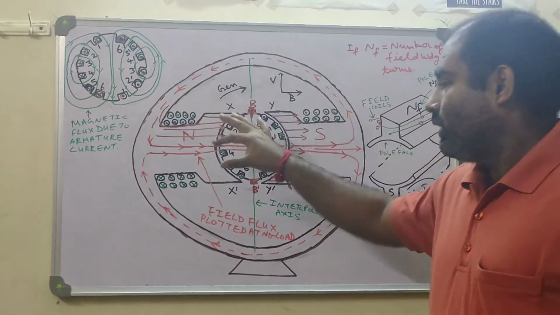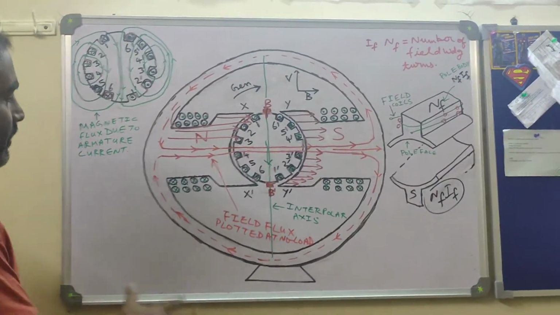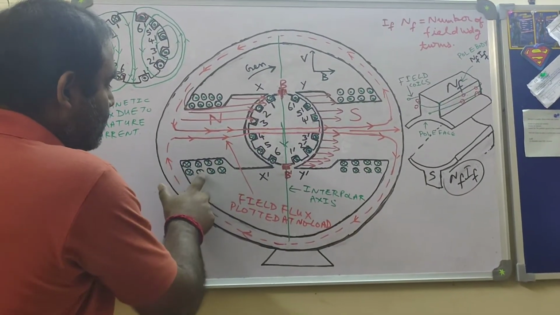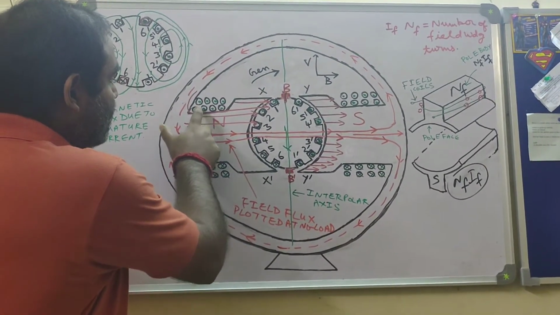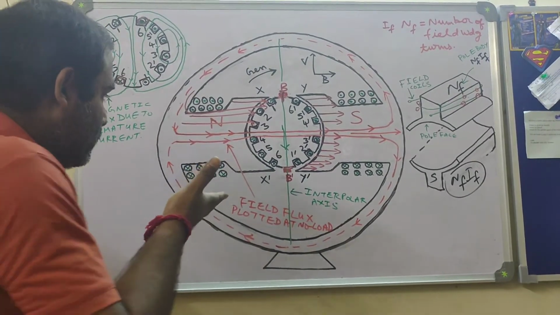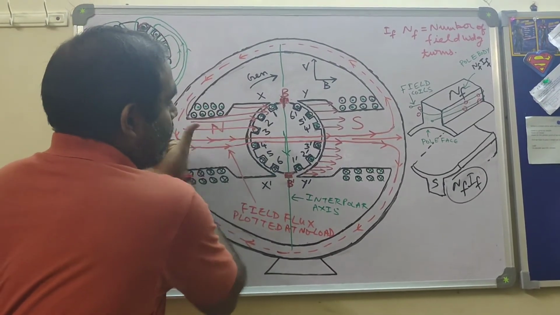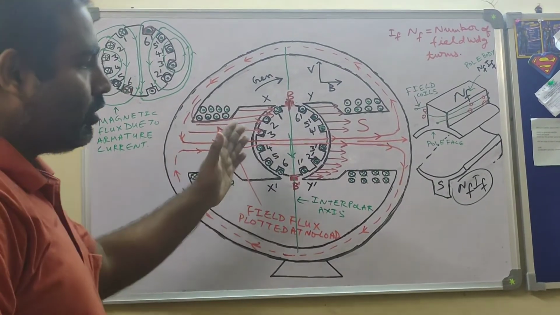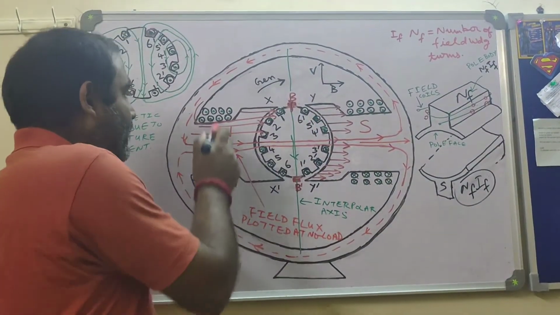So we will take that convention, and I believe you have already figured out this cross and dot. Cross and dot has to be there. If you want this to be north pole, this conductor has to be cross, and this has to be dot. That means current is entering through the board and it's coming out. So this is cross and this is dot. So thumb is pointing away, that means lines of flux are leaving this pole face. So it will be the north pole, because from the north pole, what do you find? That lines of flux are leaving the pole face. So this is cross and dot.